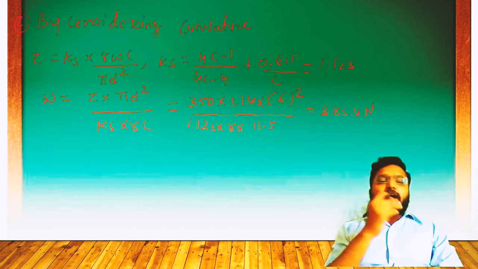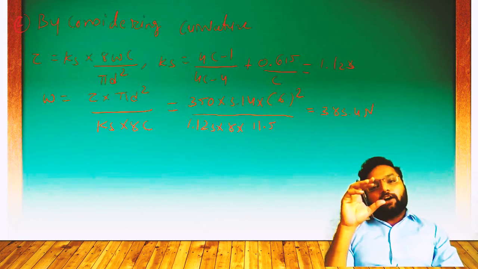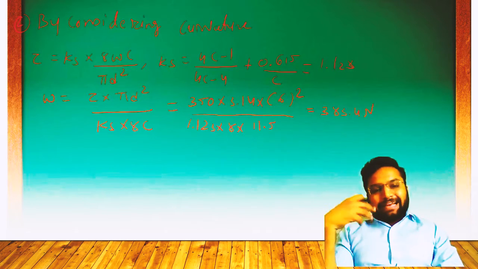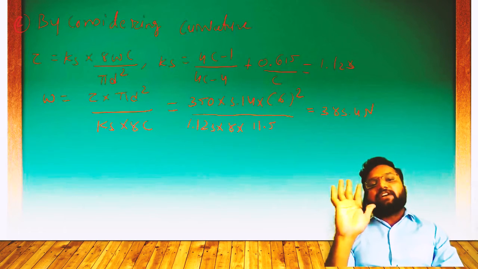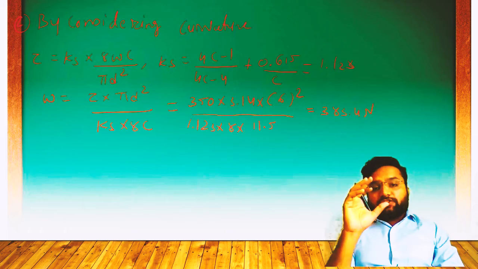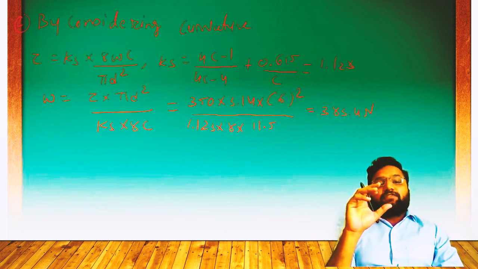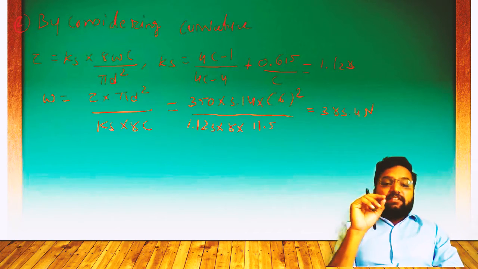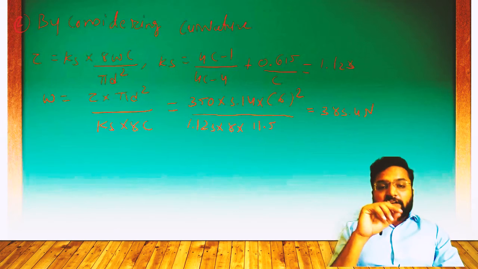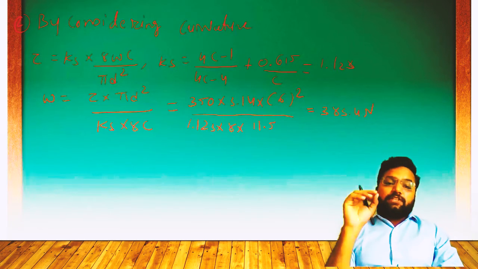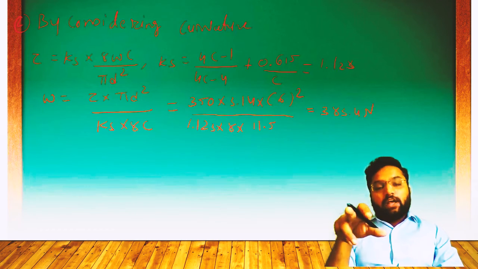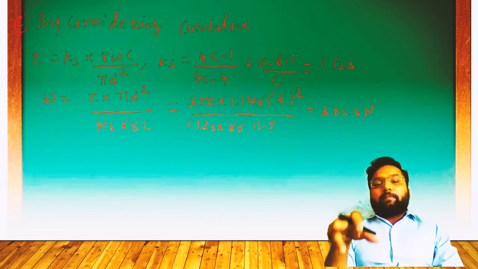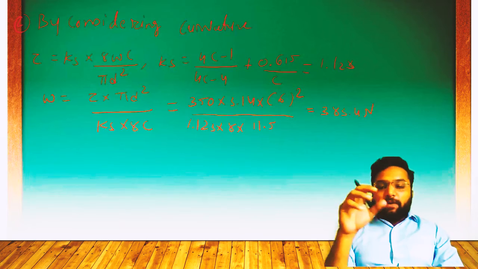In the first case, we haven't considered the curvature of our spring. In the second case, we have considered the curvature. When you are not considering the curvature, the value of Ks, which is the spring factor or curvature factor, is different from when we are considering the curvature, where it is represented by this equation, and the value will be different. Clear? So depending on that value, our load will be different.